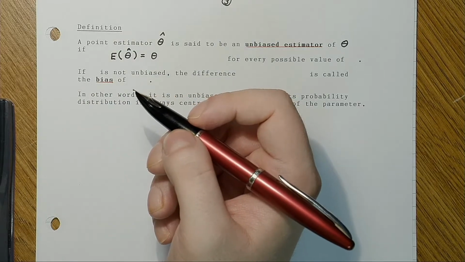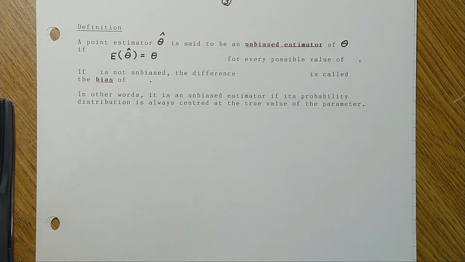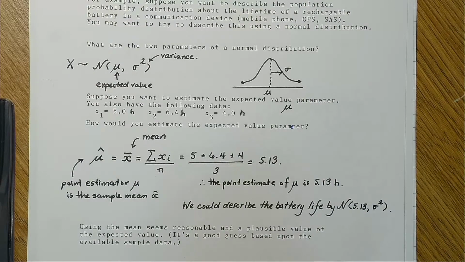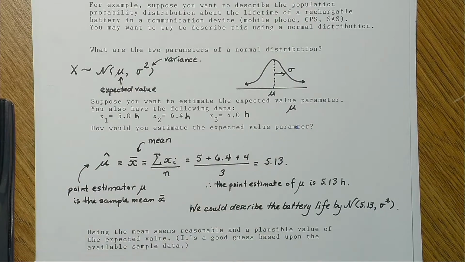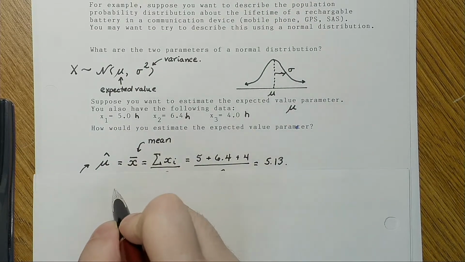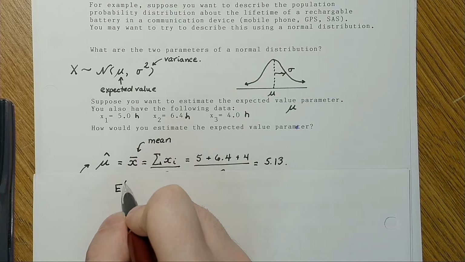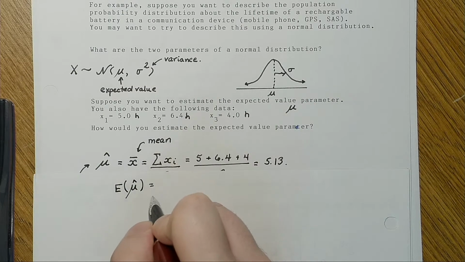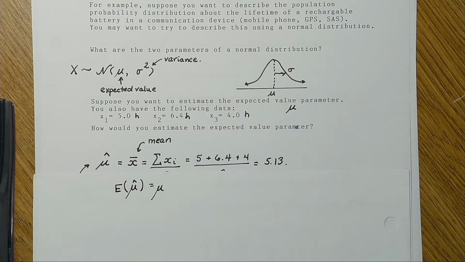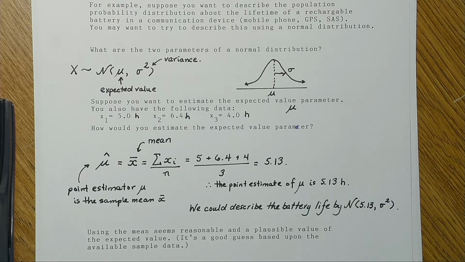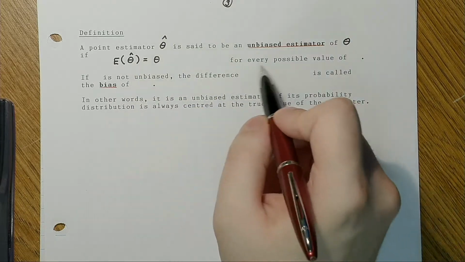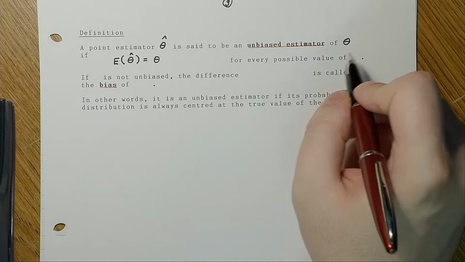So if we go back to our previous example here, what I'm trying to say here is that we hope that an unbiased estimator, in this case, that the expected value of mu hat is equal to mu. Okay. So that's what we're saying here. For every possible value of theta,